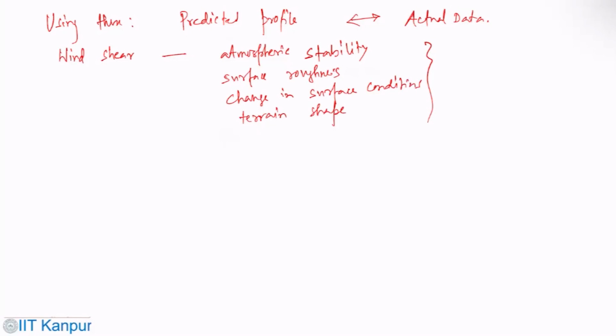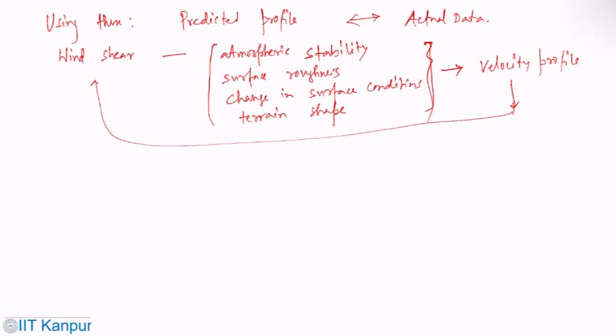On one hand, these are going to impact the velocity profile. So that in turn is going to affect wind shear. So it's a situation of some kind of a closed loop where